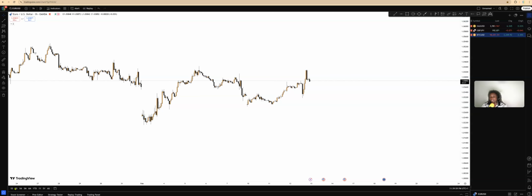The first thing that I usually show my students when we start talking about reading the charts is candlesticks, right? It all starts from the basics for me, right? There are some people that feel like candlesticks are just too much of the basics and you do not really need all of that, right? For some, it's not a very great starting point, but I believe that it's a very good starting point